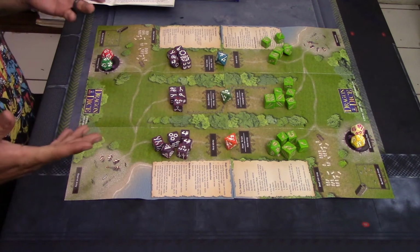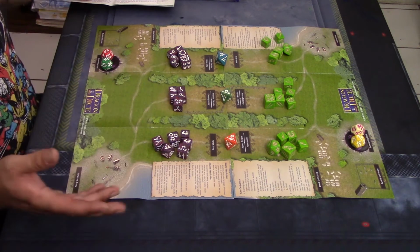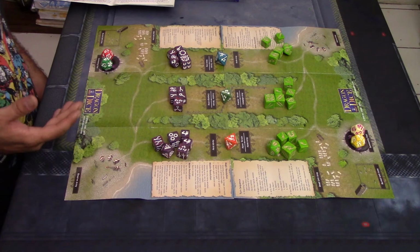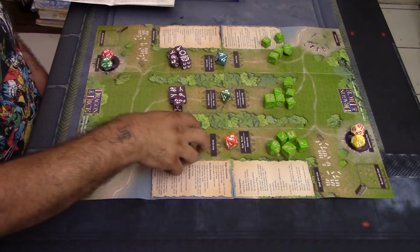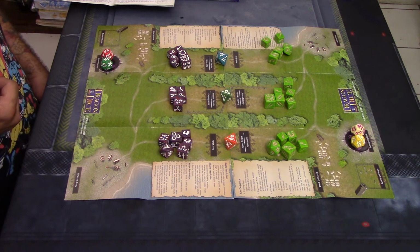Then there's a dragon attack phase. If any dragons have been summoned to any of the terrains, they get to attack, even if your army is present there. And then it actually goes to the army phase, where it's the first march. Since I'm playing first, I choose an army, and then we'll roll for maneuvers. I'll show you how to do that. And then we get actions. So I think...